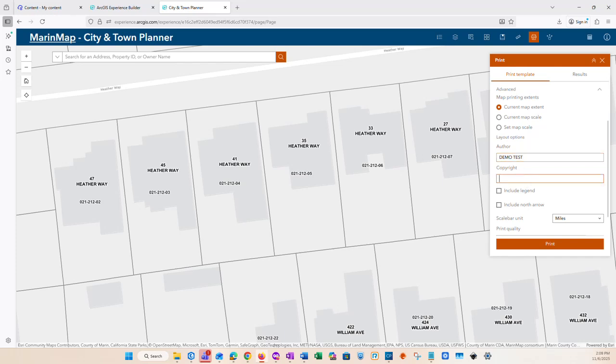And then we can set a copyright here. This is a spot that you can add any disclaimers or just any text you want to add to your printout, and that will show up at the bottom right hand side of the printout. I'll just type in this is a test for the demo, and then we will